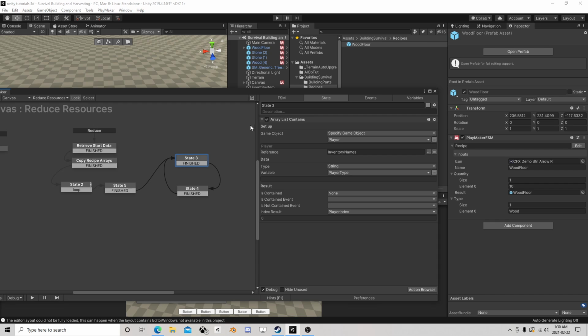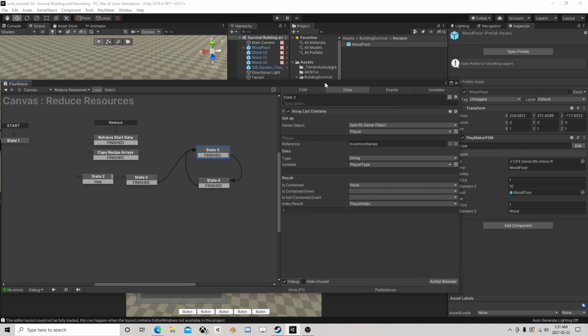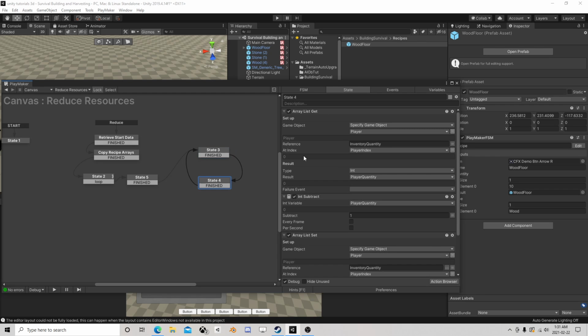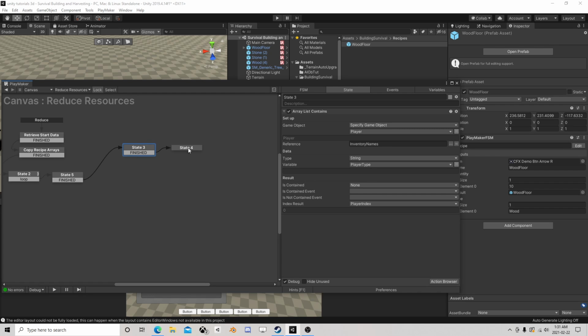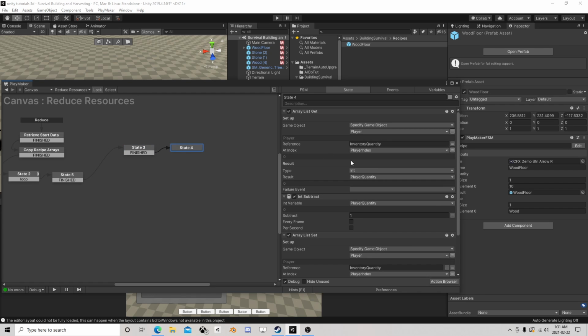So now we know how many times we want to loop, right? So we can find which is, and you want to keep running this one in part of the loop. So if he has his stacks or the item split in his inventory, it'll run through and clear them. Like he'll run through and get them all. Right, so we are going to subtract. Let's kind of put these in a line. I'm going to delete that guy so I don't have to look at it anymore. So we find the spot, we reduce 1,